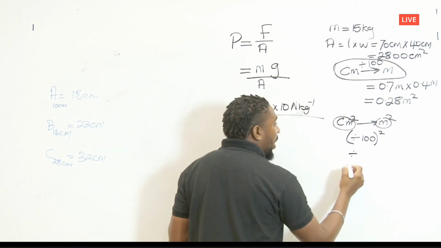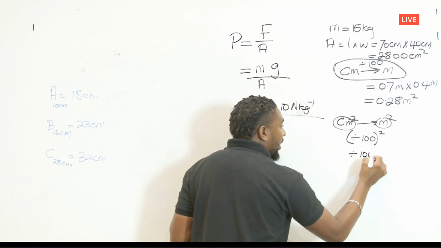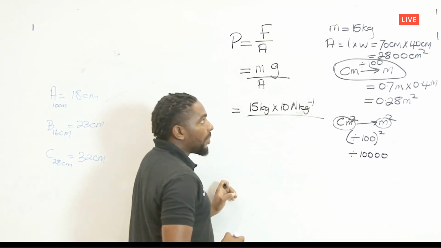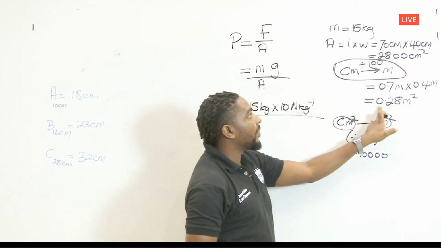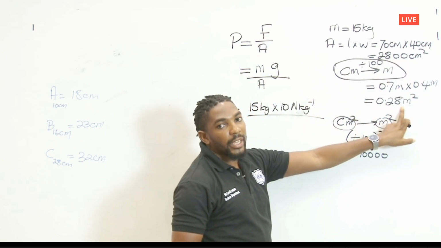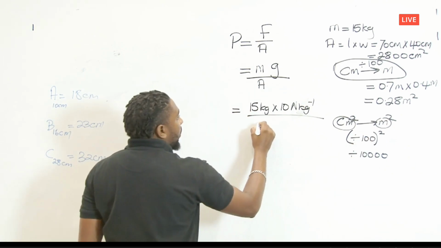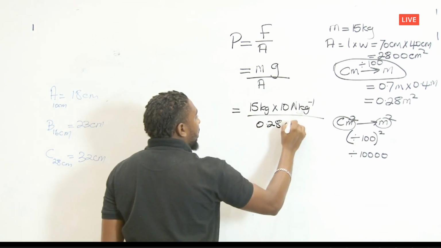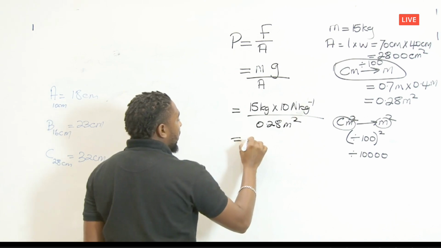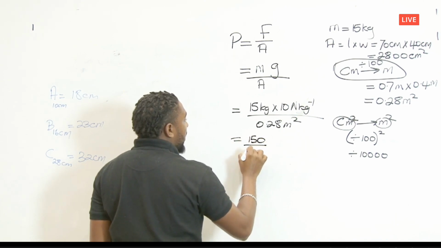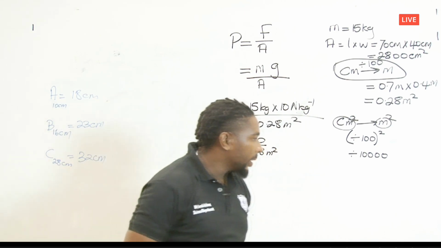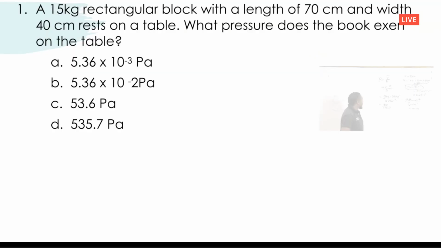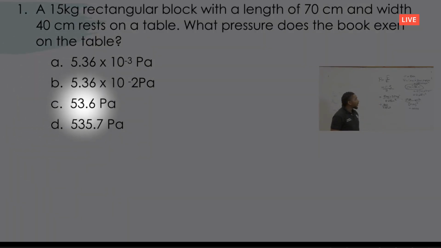And because we're looking at the power of 2, which is squared, we're going to square this operation. So we're going to divide by 100 squared, which is actually 10,000. So we divide that value by 10,000, which gives you the same answer of 0.28 meters squared. Good? 0.28 meters squared, and that gives you 150 divided by 0.28,